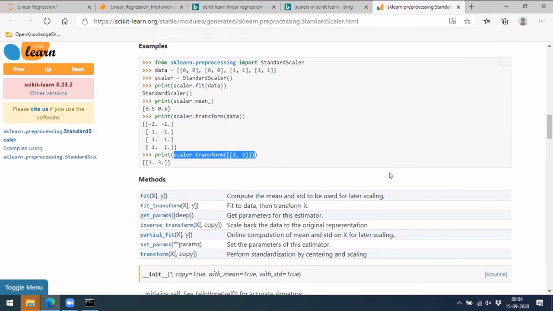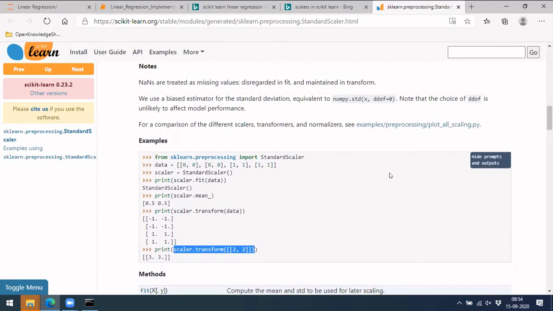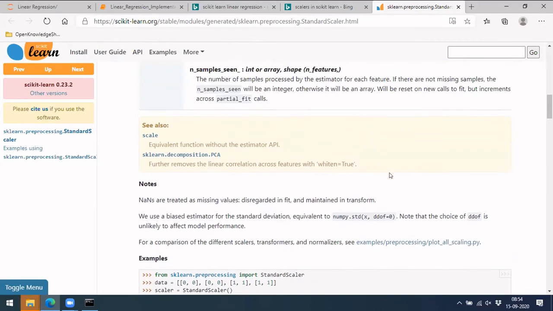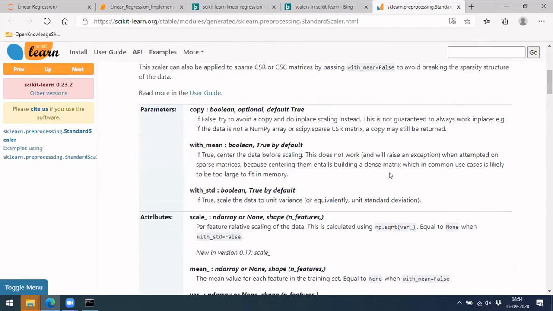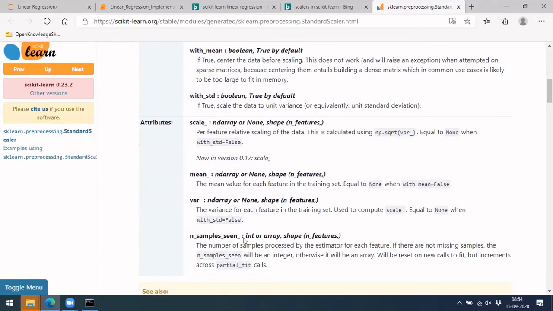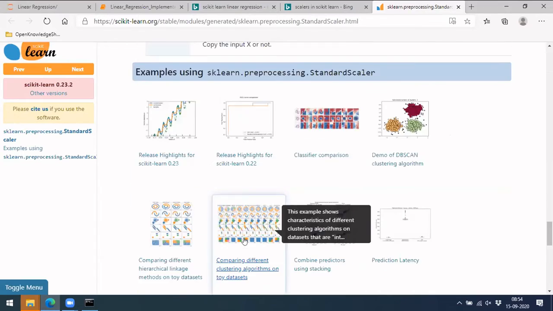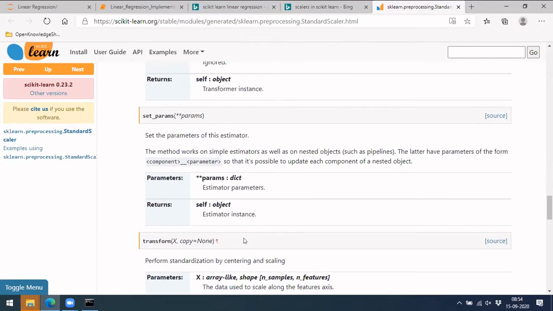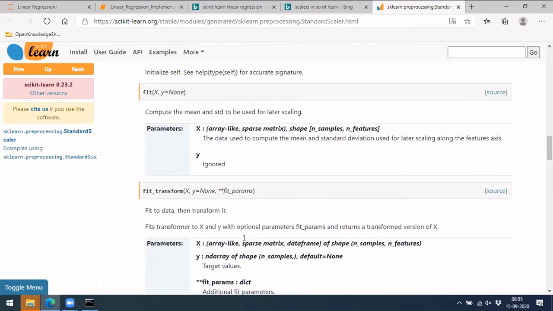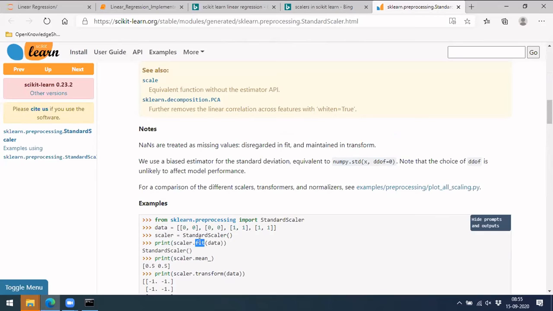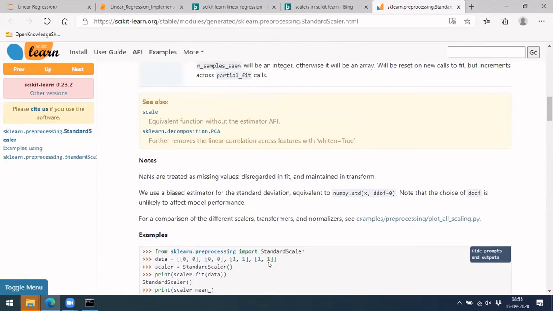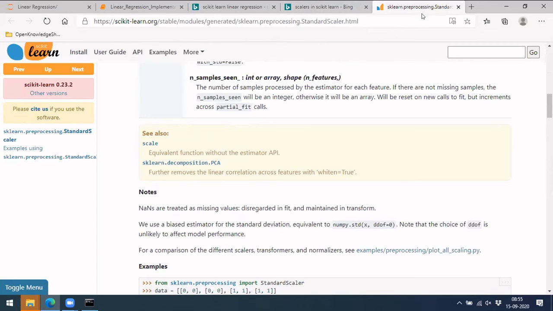So this is what we call standardization, or sometimes normalization as well. For switching between these two, with std, like standard deviation, or without standard deviation, it will switch between different formulas, I guess. I did not play with it, but I'm guessing. These are the different features available directly, but we only use fit and transform. That would be enough for our case. So this is about standardization.